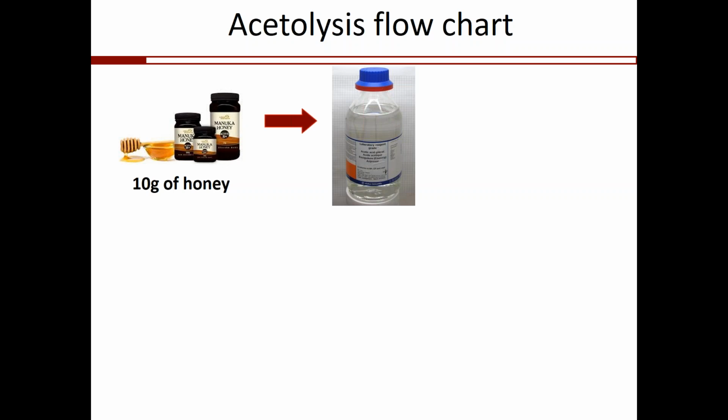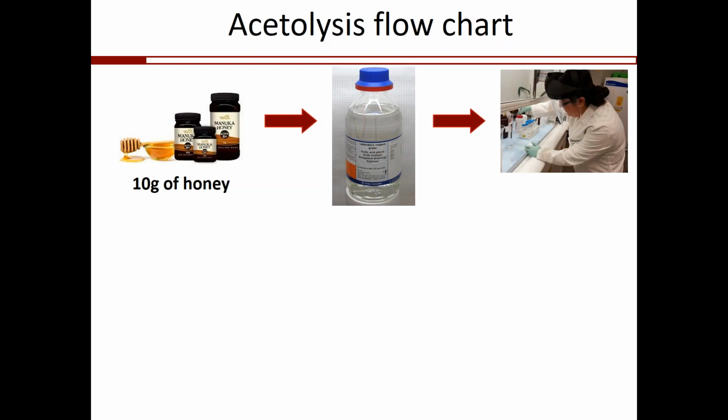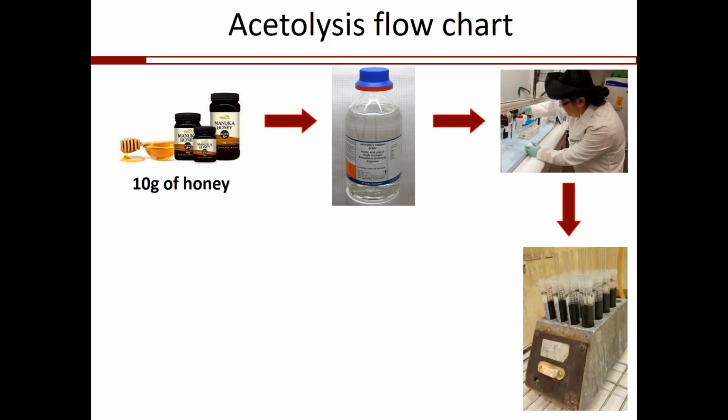This is to remove the water content from the honey. And we want to do this because the acetylysis mixture I was talking about reacts very violently with water. So for our own protection, we use glacial acetic acid first to remove that so that the samples do not explode in our faces. So after we do that, we make the acetylysis mixture and we pour it in, and